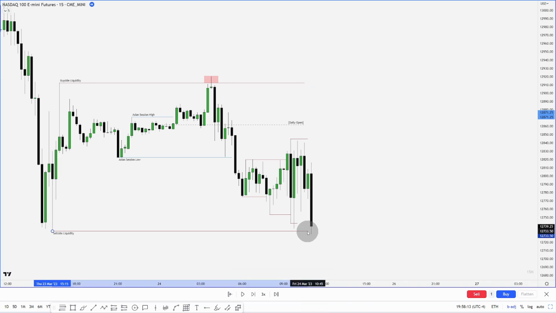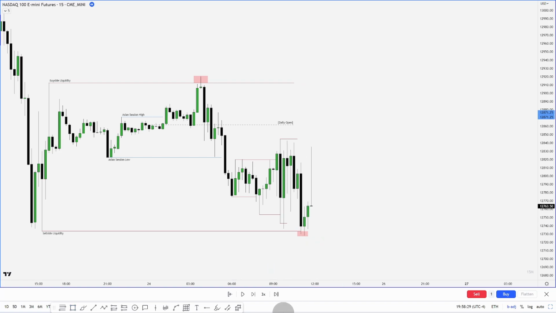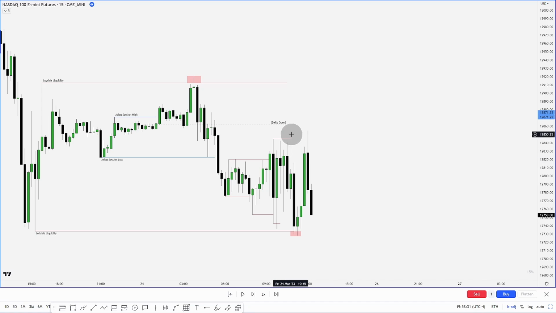We finally go reach for this low, and if you notice, we put in quite a few highs up here, so I'd either want to see it reach back into an equilibrium, OTE, or ideally back into these highs. So looking at our deviation here, letting this play out, there's a move back to this high. Where do we go? Back to an equilibrium, or in this case, an OTE.